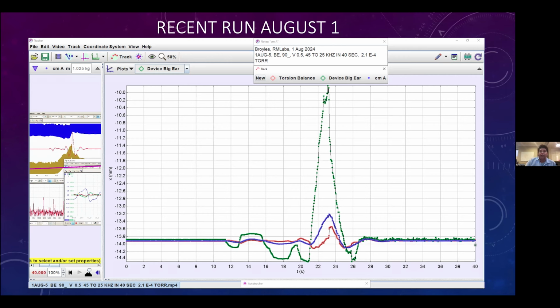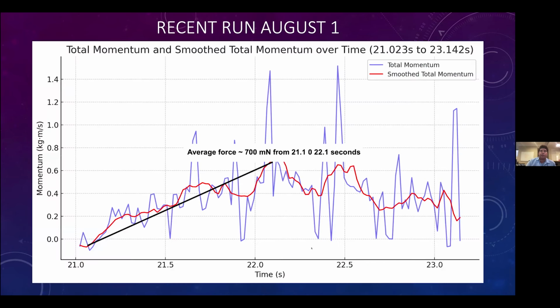But let me go to the next slide. You can see this is a graph that Michelle did. She had other numbers in there, and I want to leave that for her. We're also validating those numbers, but from simple physics, dp/dt for force, you can just put a line through this, and you can see, on the left, the momentum numbers, and these